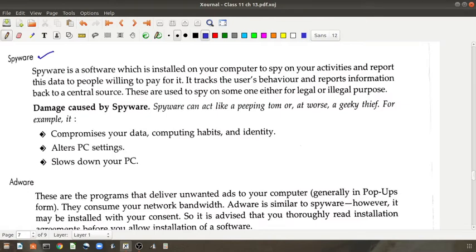Then comes spyware. What is spyware? Spyware is software which is installed on your computer to spy on your activities and report this data to people willing to pay for it. It tracks the user's behavior and reports information back to a central source, all without your consent. These are used to spy on someone, for either legal or illegal purposes. So it can be